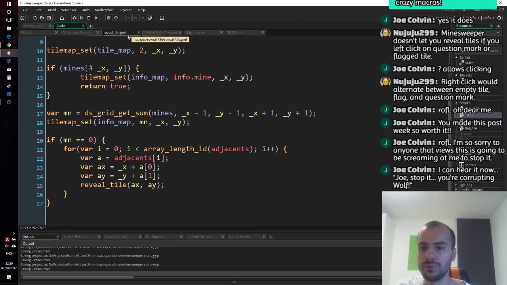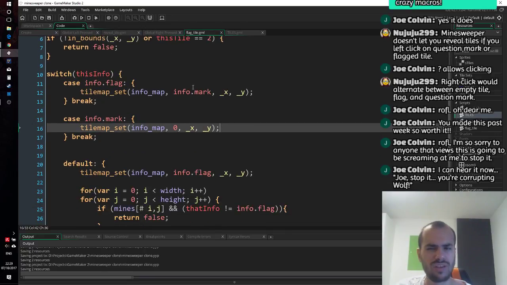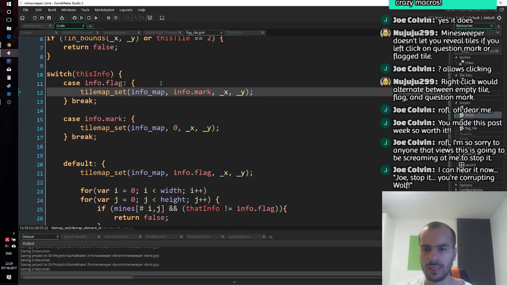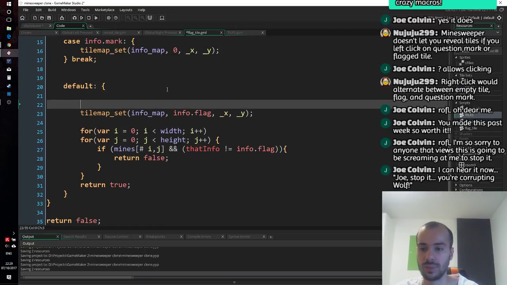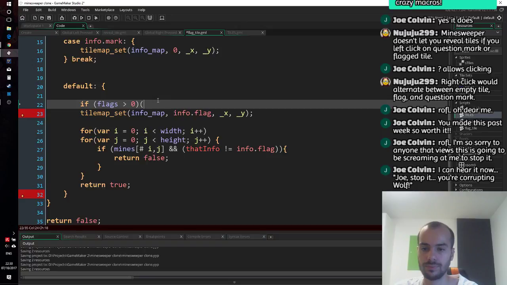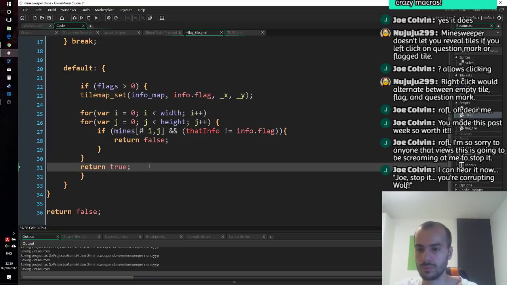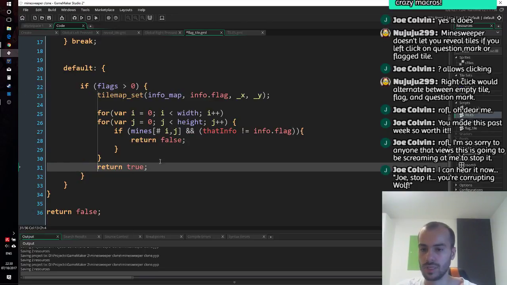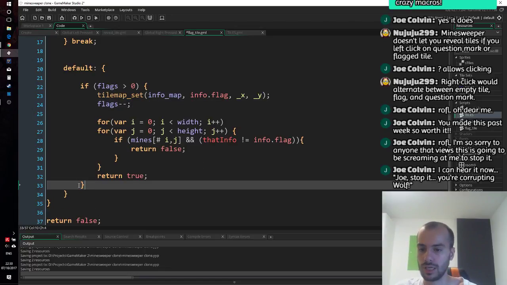And then as you flag tiles, which is no longer flagging, I guess it's marking tiles, but whatever. You want to set a flag only if you have a flag free. So here we want to say if flags is greater than 0, then we want to do this whole crazy thing. And we want to decrease flags by 1. Otherwise,